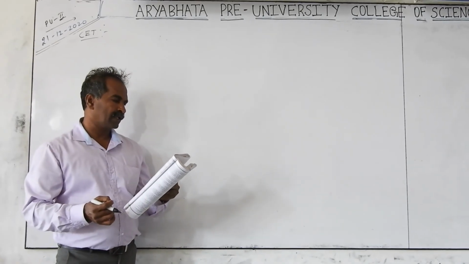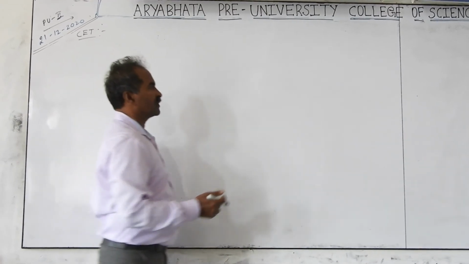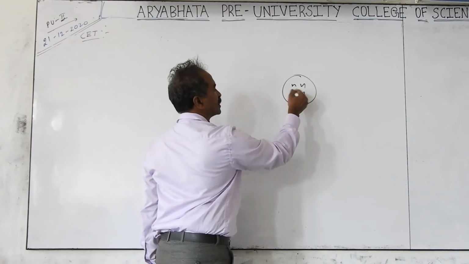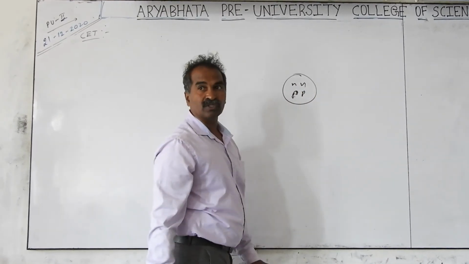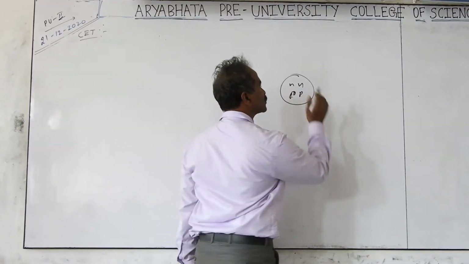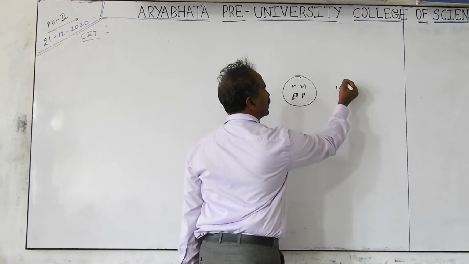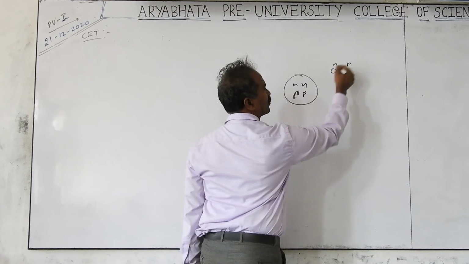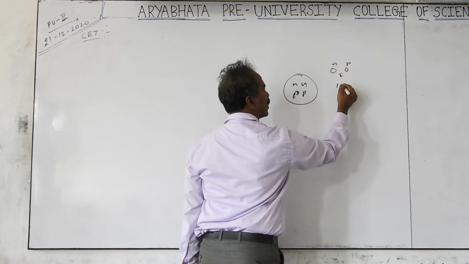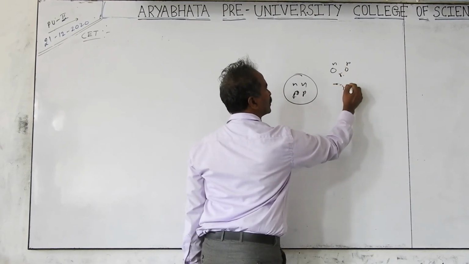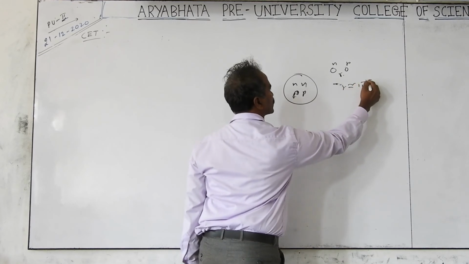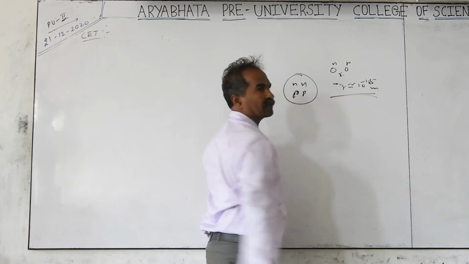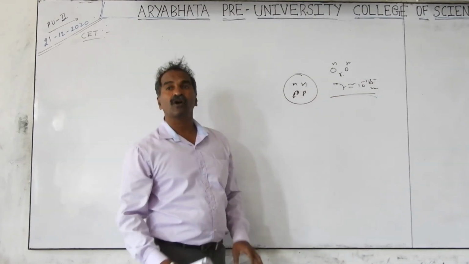Next, question number 110. Inside the nucleus you take neutrons and protons. The force between them is called the nuclear force. Nuclear force is a very strong force, but it dominates only when the distance between the particles, neutron and proton, is in the order of 10 to the power of minus 15 meters. This is called a femtometer or Fermi. Within this distance only, the nuclear force dominates.